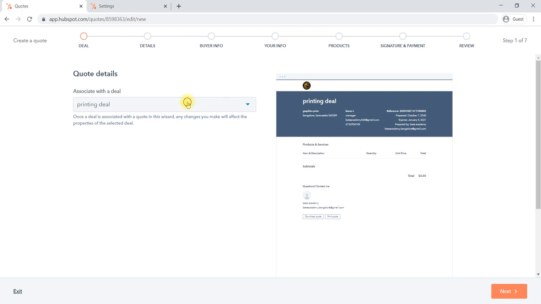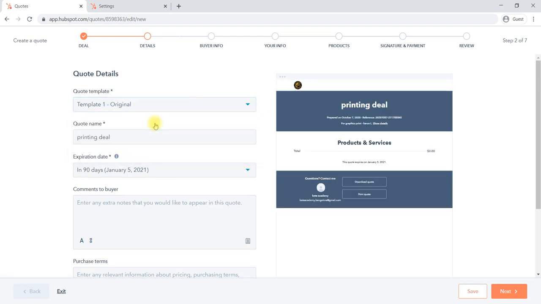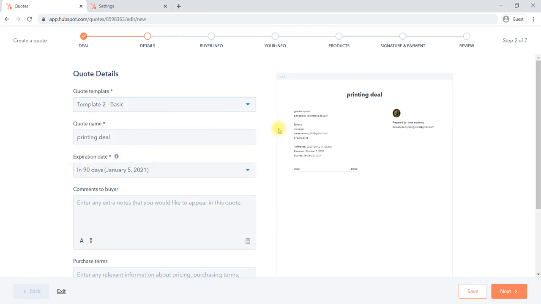We have created 2 deals, right? For that particular deal we can create a quotation. How to create a quotation? Next, we select a deal. We can select a template here, whichever quotation template you would like to select.